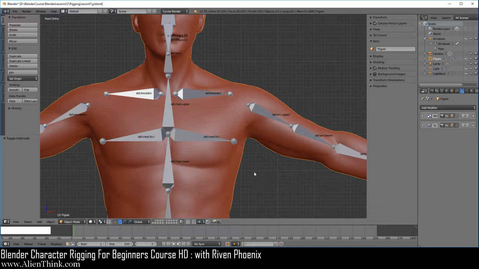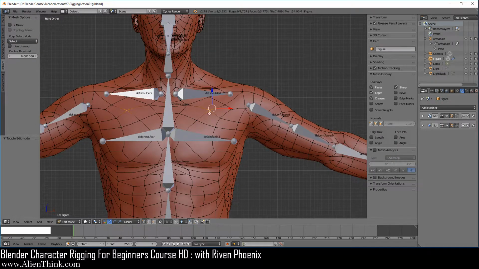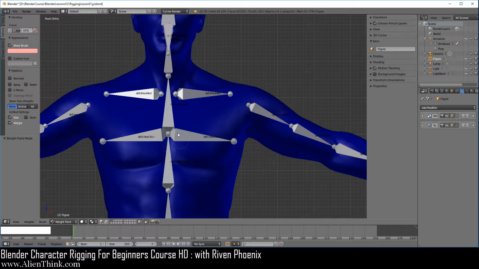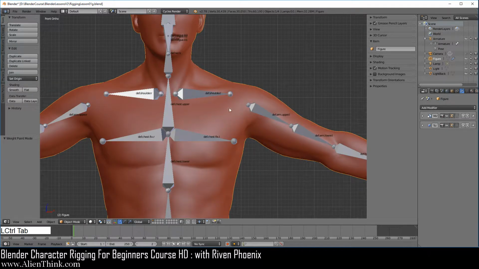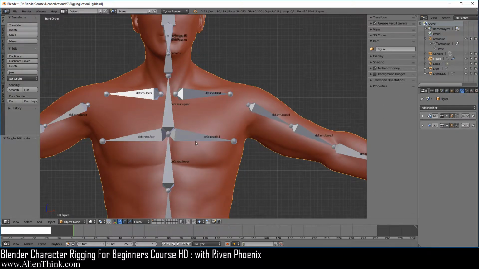Okay, now if you do Control Tab to go into weight paint mode, and when you press the tab key, it's going to go directly to edit mode. Now when you press the tab key again, it's simply going to go back to weight paint because that's where we came from. Now if we do Control Tab to go into object mode and press the tab key, it's going to go into edit mode.